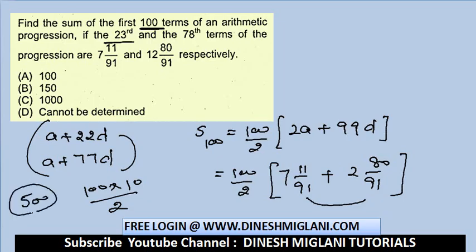I think there is some mistake in the question. Sorry, I am committing a mistake. It's 12, right? Then it should be 19 and 220, so it should be 20. So in that case the answer should be 1000. Sometimes a little mistake may result in ending up with the wrong answer. The answer to your question is said to be 1000.